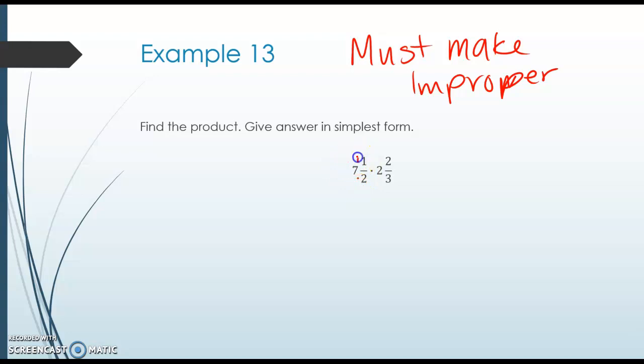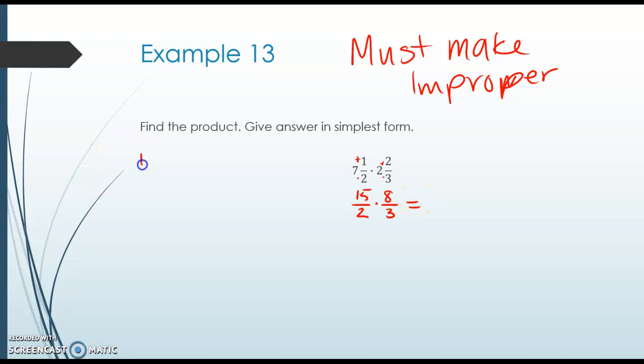That's 14. 14 plus 1 is 15. So we're going to end up with 15 halves for our first fraction. Then we're going to do 3 times 2, that's 6, and 6 plus 2 is 8. So 15 halves times 8 thirds. That is what we're working with. That step is important. And then from here, we just multiply fractions how we know to multiply fractions, which is